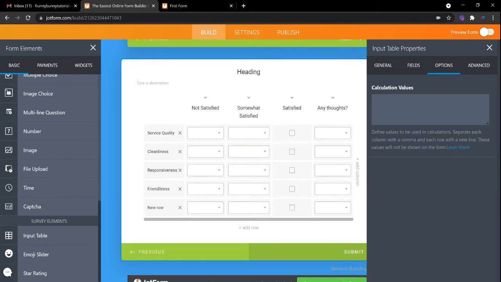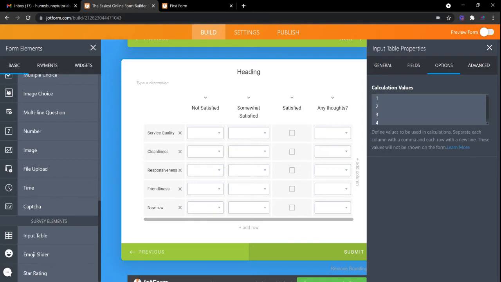If you want to define the calculation values, we can do that too here. In that case, if the user enters a number or something, then we can use those values to define each column separately. Like for a single row, if there are four columns, then let's say we want to assign one value to the first, two to the second, three to the third, and four to the fourth. So this is how it will work.